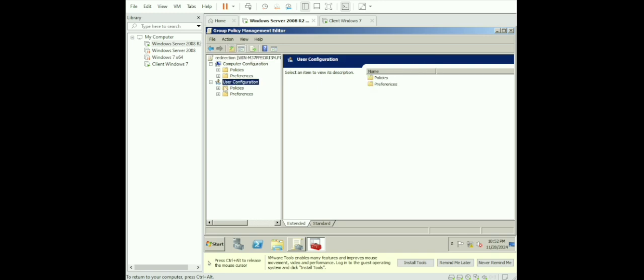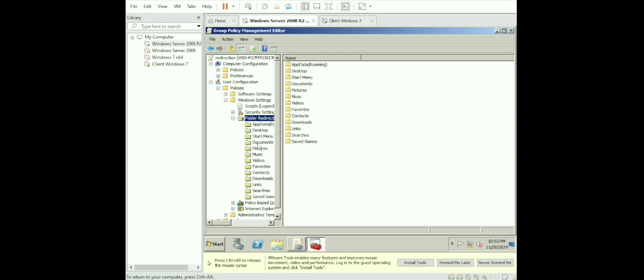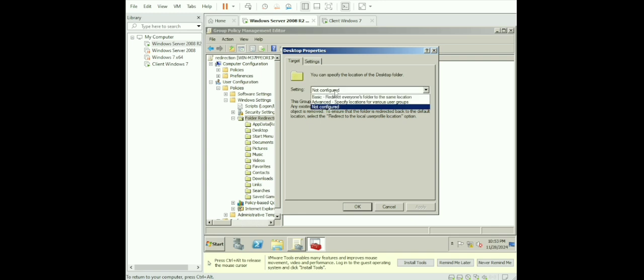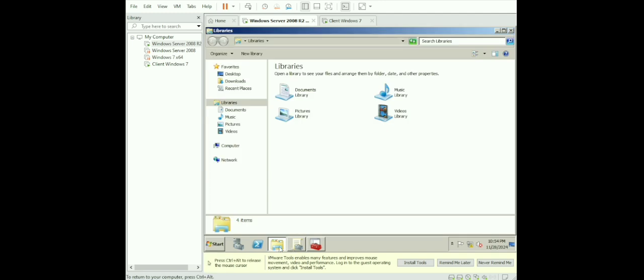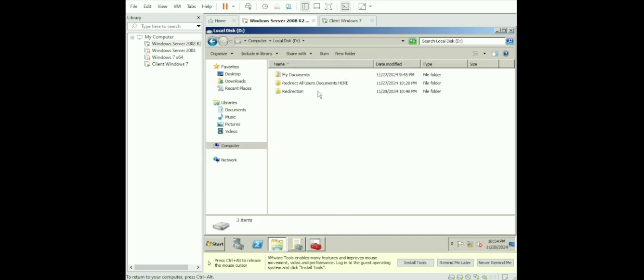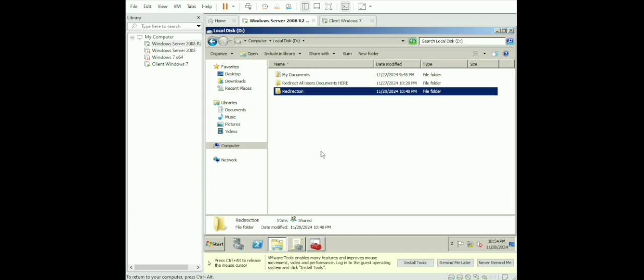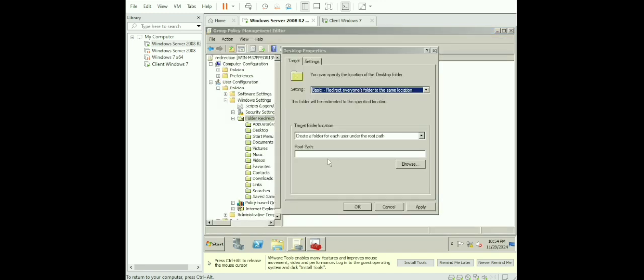then go to user configuration with policies folder, then under that open the Windows settings, then the folder redirection folder, then under that here we can see the different kinds of folder, then choose the folder, document, start, desktop or the properties, then settings, go to basic, then find the path, go to the desktop, then local disk, then redirection, then copy the folder, then put it the root path,